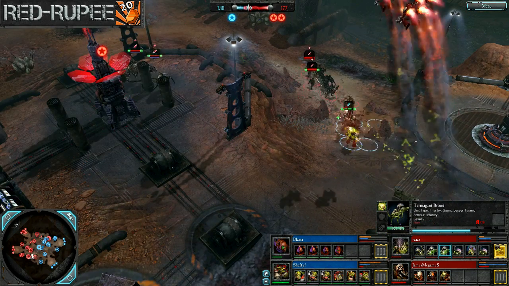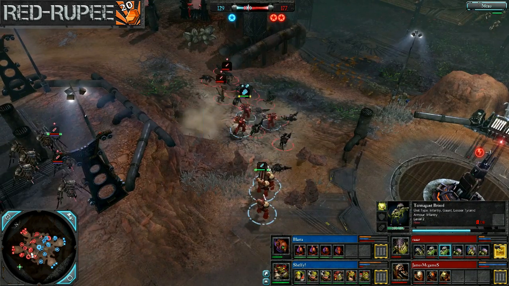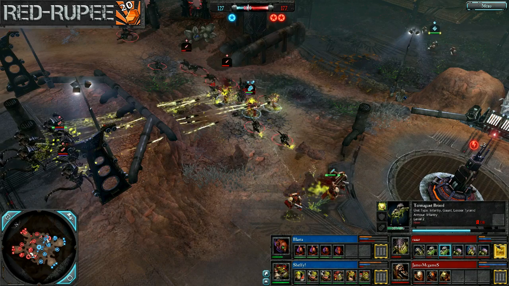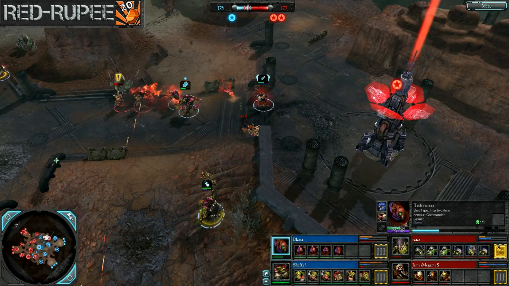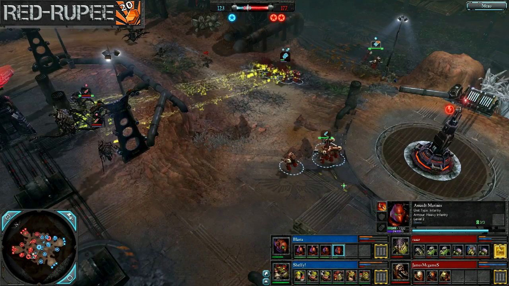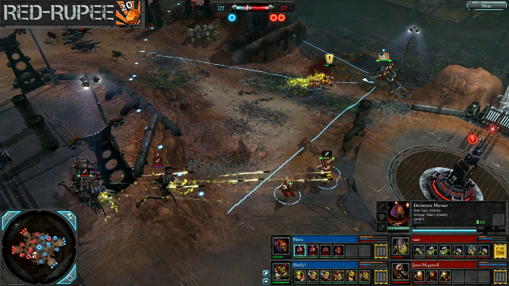Meanwhile, the Termagants moving in on these Assault and Tactical Space Marines and 2 squads of Raveners as well. That's quite a bit of range damage. I'm not sure if they're going to be able to win that fight. It looks like Sheffy managed to push back the Plague Marine up top, but Blasta having a